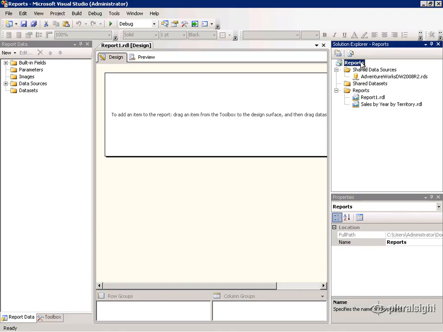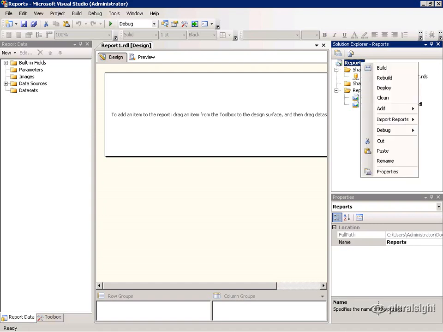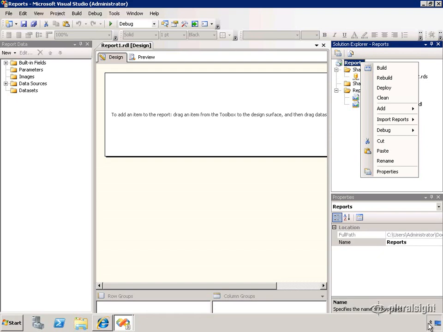In this demonstration, I'll show you how to work with datasets. Now there's different kinds of datasets. There are shared datasets and embedded datasets. I'll start by importing an existing dataset into my project by right-clicking the project, selecting the Add command,